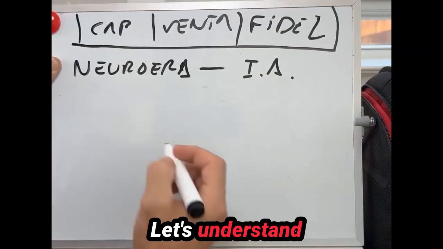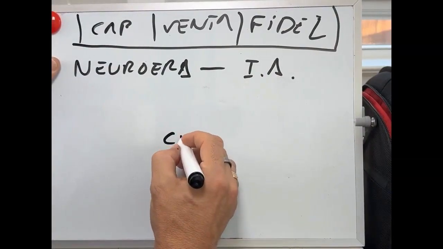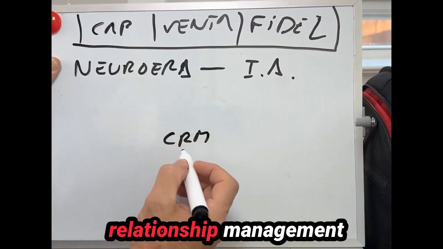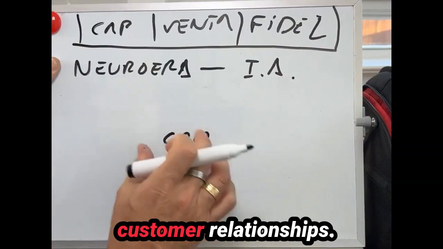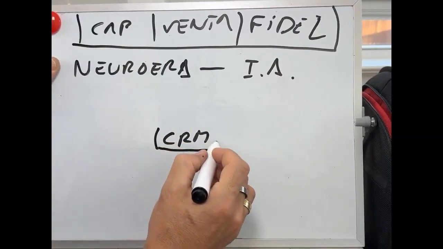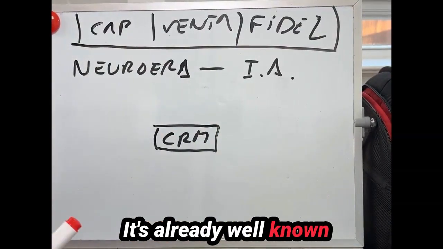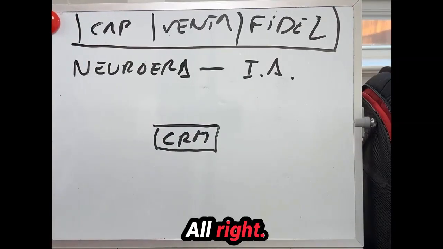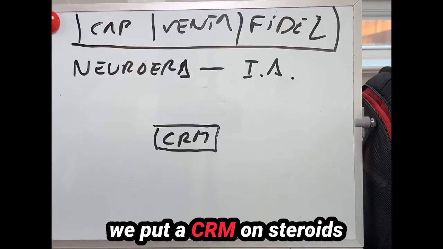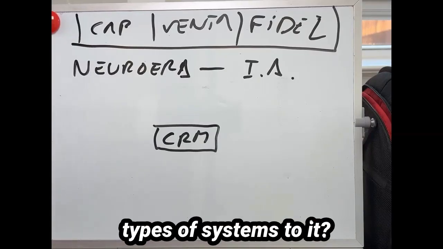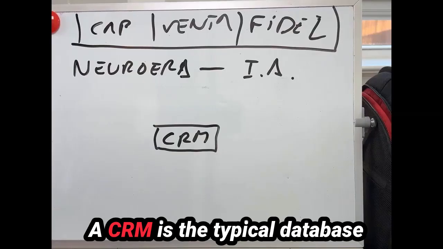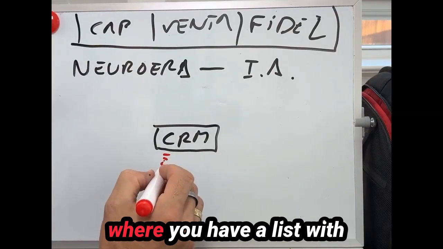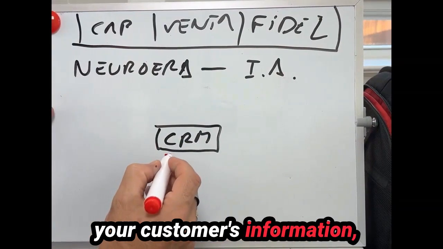Before anything else, let's understand what a CRM is. A CRM, customer relationship management, is the management of customer relationships. It's already well known that if you don't have a CRM in recent years, your business becomes obsolete. All right, but what happens when we put a CRM on steroids and start adding other types of systems to it? A CRM is the typical database where you have a list with your customers' information so you can keep